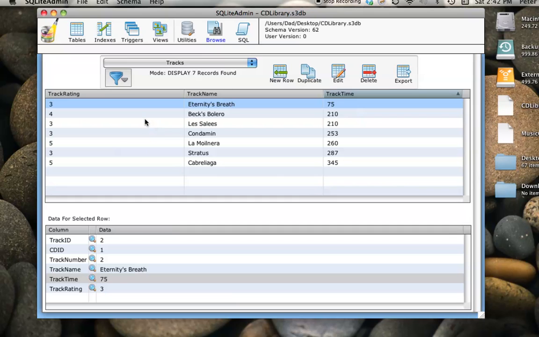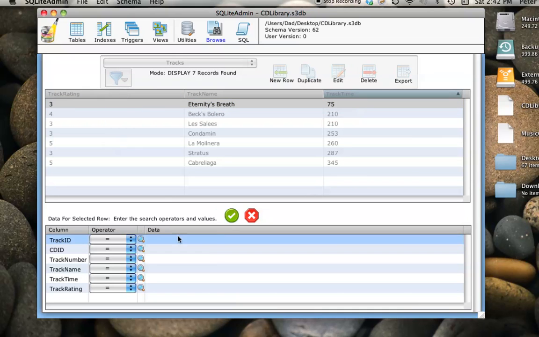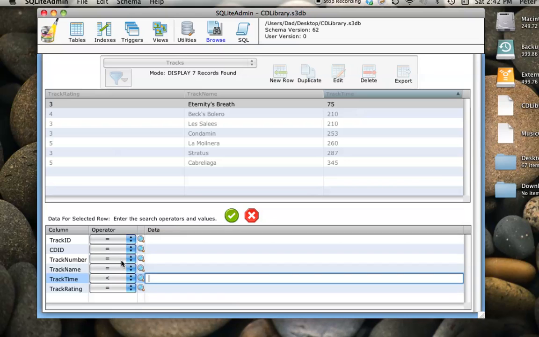Alright, so now we want to see how to define which rows we want to include. So I'm going to say new filter, and down here now is where we enter the selection criteria for the rows that we want to appear. And you'll see that there's a new column opened up down here that isn't normally there, to let us pick a comparison operator for the selection. So what I'm going to do here is select all the tracks with a track time of less than 260. So pick the less than operator,